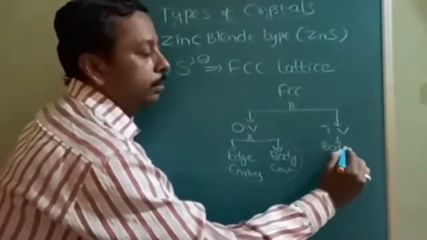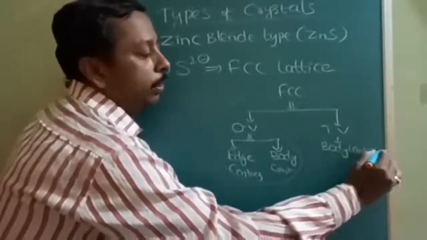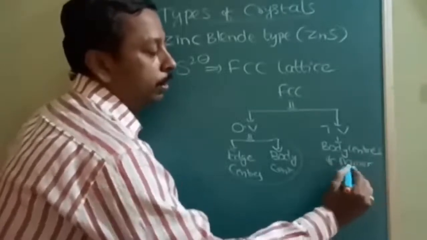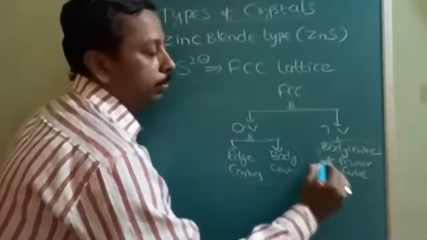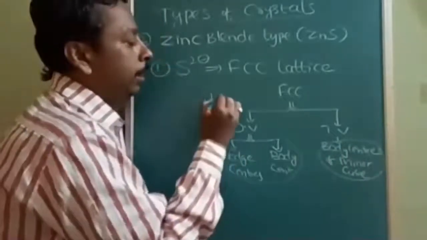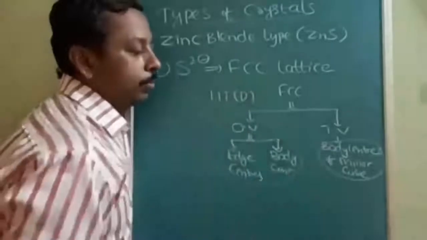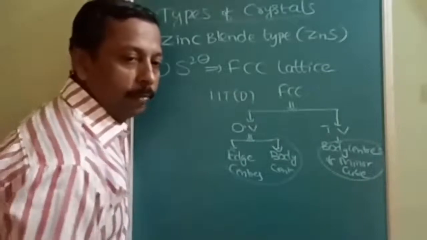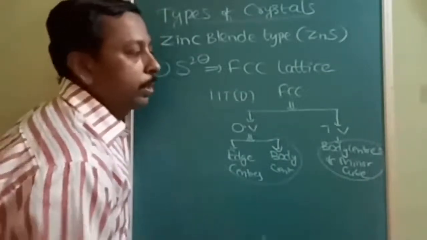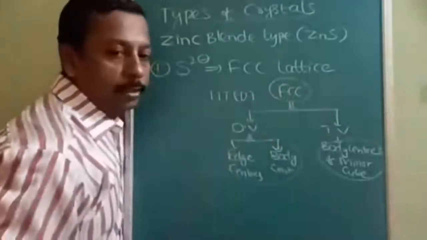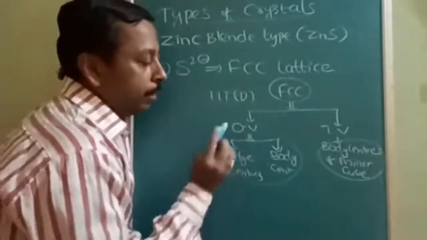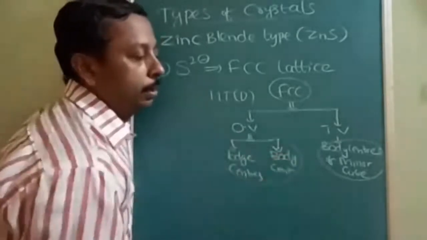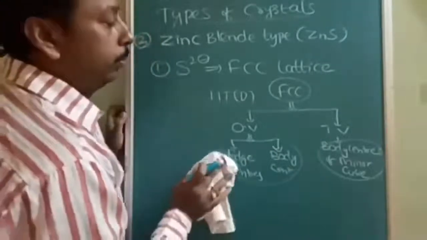body centers of minor cubes. You may say, sir, you already wrote it, body centers of minor cubes. Minor cube and major cube is a term. People at IIT Delhi are very curious about this word. What are the minor cube and major cube? I will tell you here. Location of tetrahedral void and octahedral void, is it understood? Octahedral voids are edge centers and body centers. Tetrahedral voids are body centers of minor cubes.